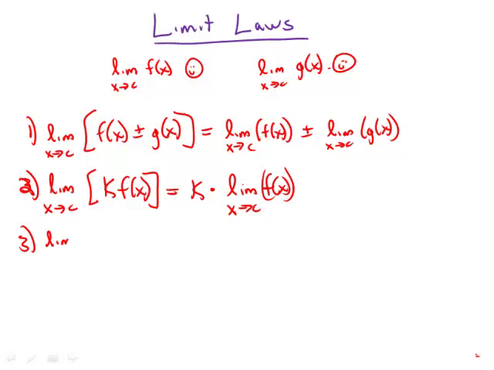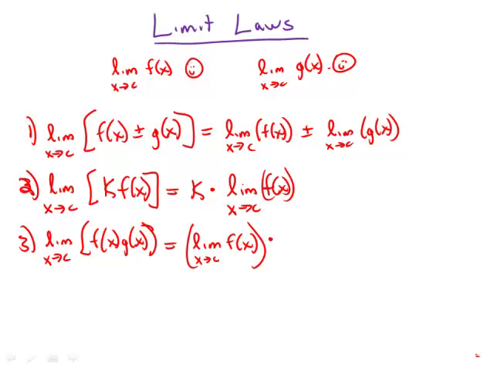If we are multiplying two functions, if we are taking the limit of a product, f of x times g of x, well, this is going to be the product of the limits. We can take the limits separately, the limit of f of x, and multiply it by the limit of g of x. And finally, if we're taking the limit of a quotient,